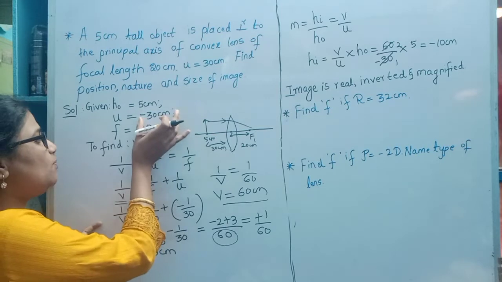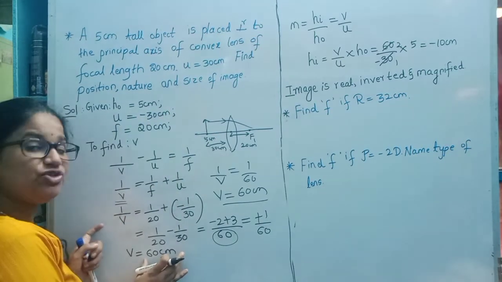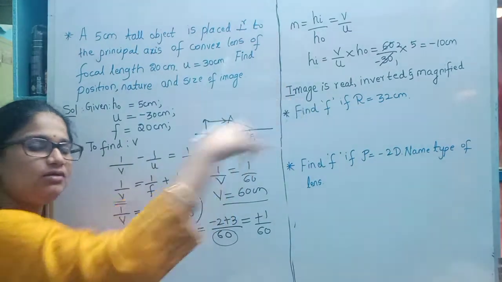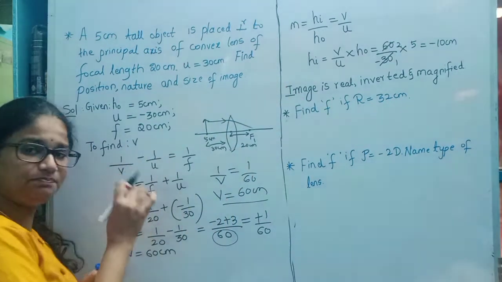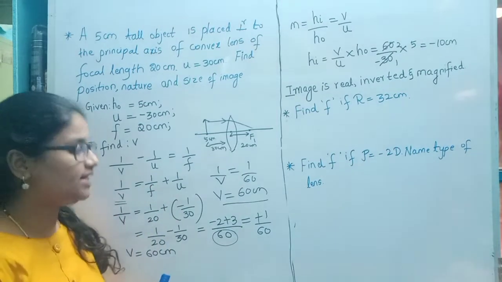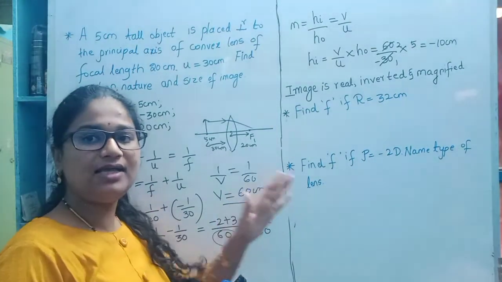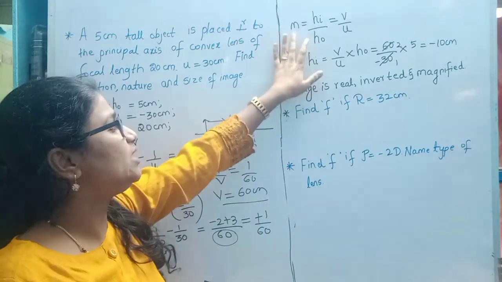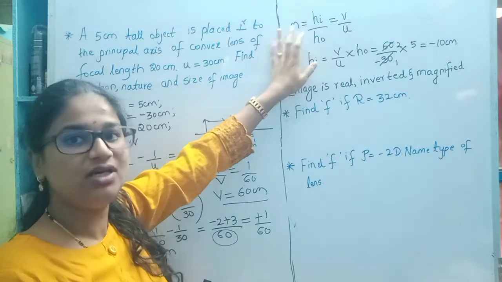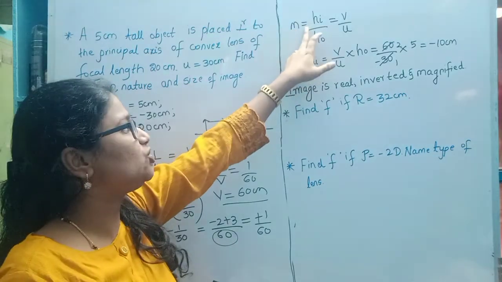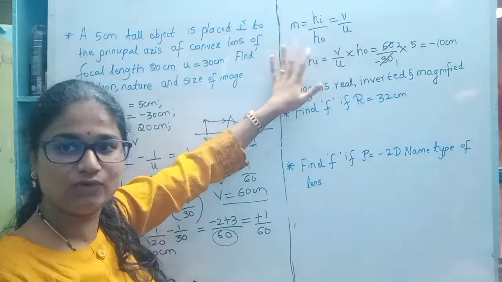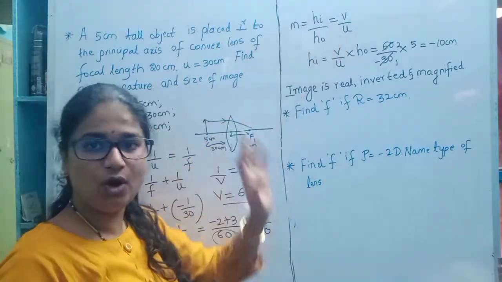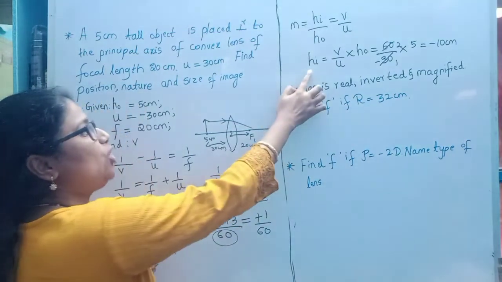So when you compare the object distance and the image distance, the image distance is more. So when it is formed away from the lens, how will the nature be? So let us see. Now they also asked regarding the height of the image. So we know that the height of the image is given by magnification. Magnification is equal to the ratio of the height of the image to the height of the object. It can also be given as the image distance to the object distance. So the height of the object I solved.